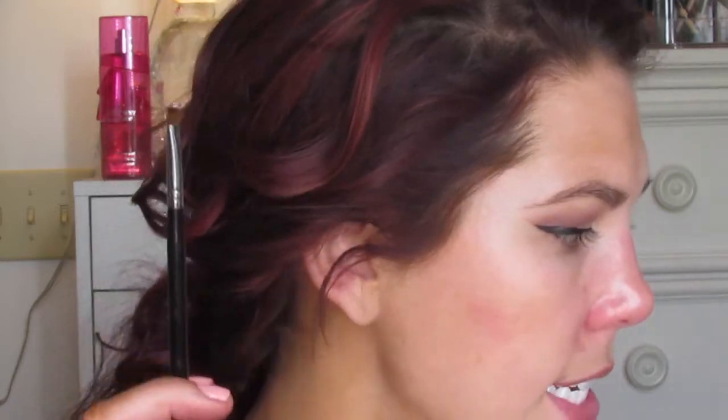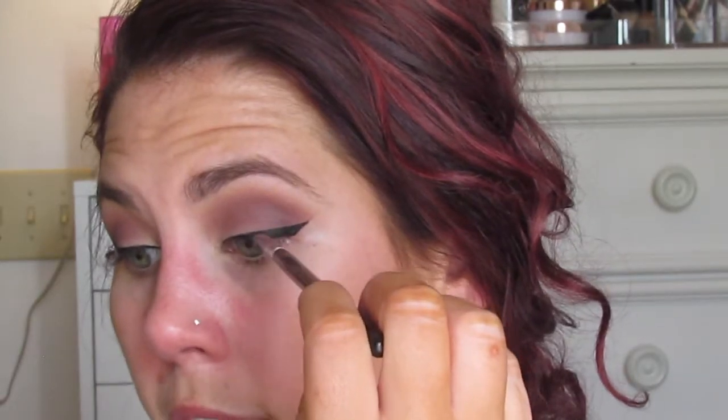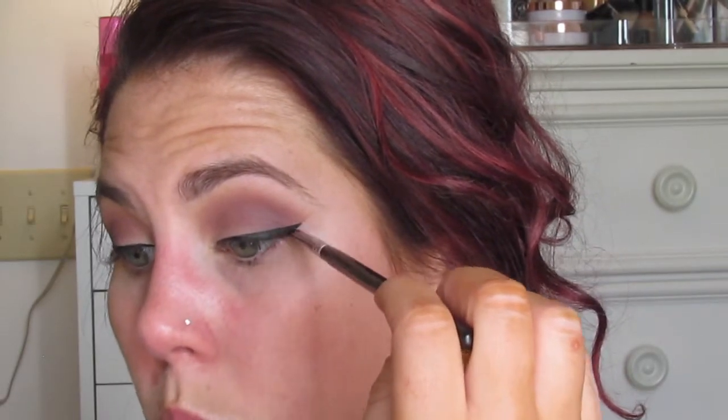And then just for good measure, a tip or a secret, or I don't really know what you want to call it. If you take an angled brush and dip into just any black shadow that you have and go over top of your black liner, it will lock it in place. Not that the Kat Von D tattoo liner does not lock it in place. Kat Von D liner also dries matte. But if you have a liner that does not dry matte, or you want to just make sure that it doesn't move, go into any black liner with an angled brush like this and just go over top of it,